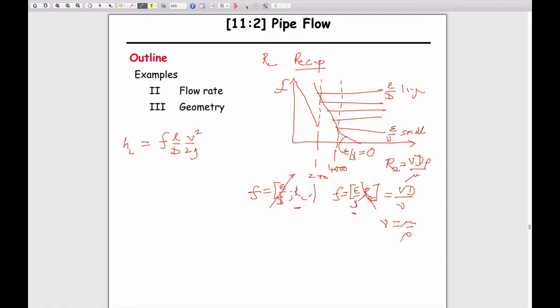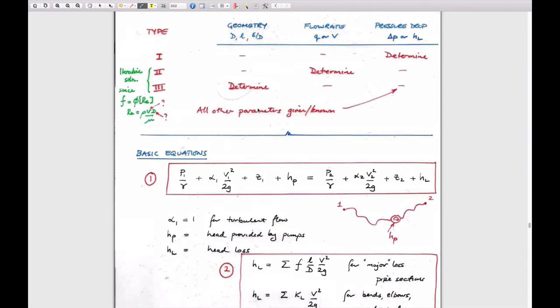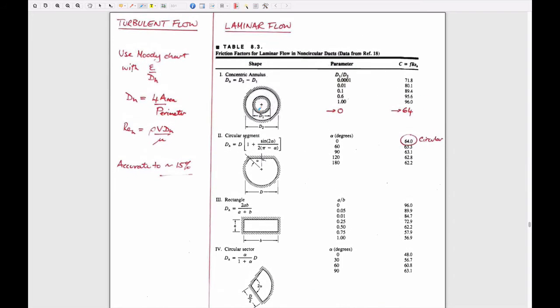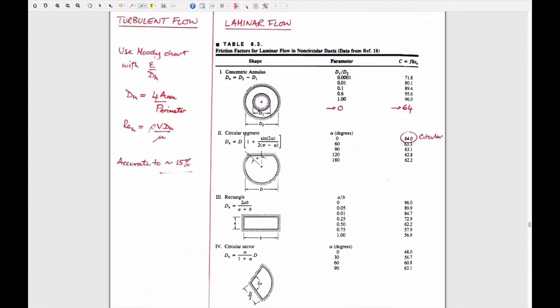So in the laminar regime it's only a function of Reynolds number. In the turbulent regime it's only a function of roughness. So that's important. And we know that in here this is typically, in the laminar regime, some constant divided by Reynolds number. And that constant was 96 for us for a smooth pipe. If you looked at the materials that we didn't go through in class but we talked about on the video, then you'd have found out that we can look at laminar flow in different shaped tubes, some of which are circular tubes that have an interior insert, and we can still solve these problems if we do